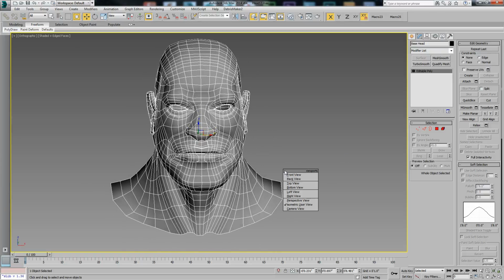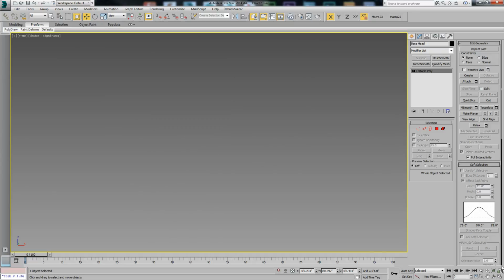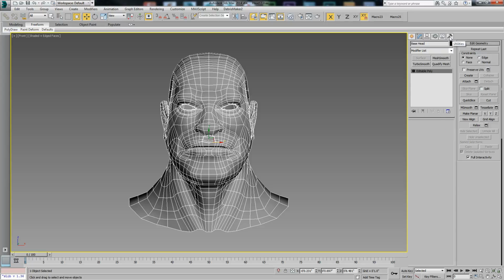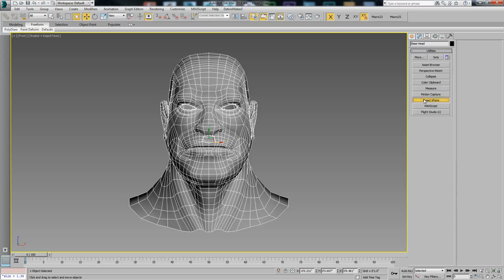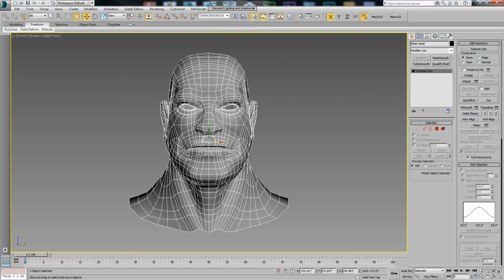So you want to make sure that you go from the top view, that your character is facing the front. And then you want to come in here and reset its transformation. So if you go over to your utility panel over here and you come down and you click Reset XForm, Reset Selected, this will put an XForm on this to reset it and align it to our viewport, and then we just go ahead and convert it to a poly, bake that in,